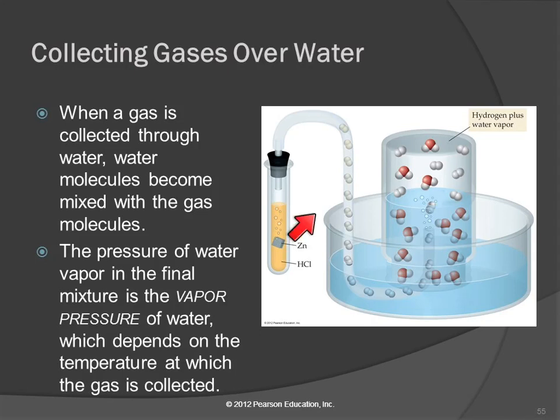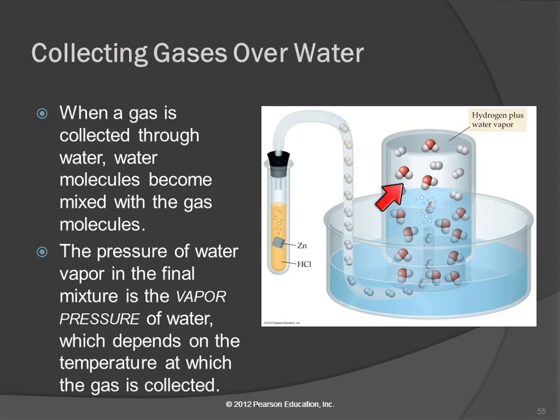So this is a slightly different arrangement than what we had. We did magnesium and hydrochloric acid, but we reacted it right in the container that we were collecting the gas in. But you could also have it in a separate container with a tube going into an inverted container full of water. As this gas is generated, it's trying to escape, and it will bubble up through the tube and displace the water. So above the water now, we have the hydrogen gas that was generated, but we also have